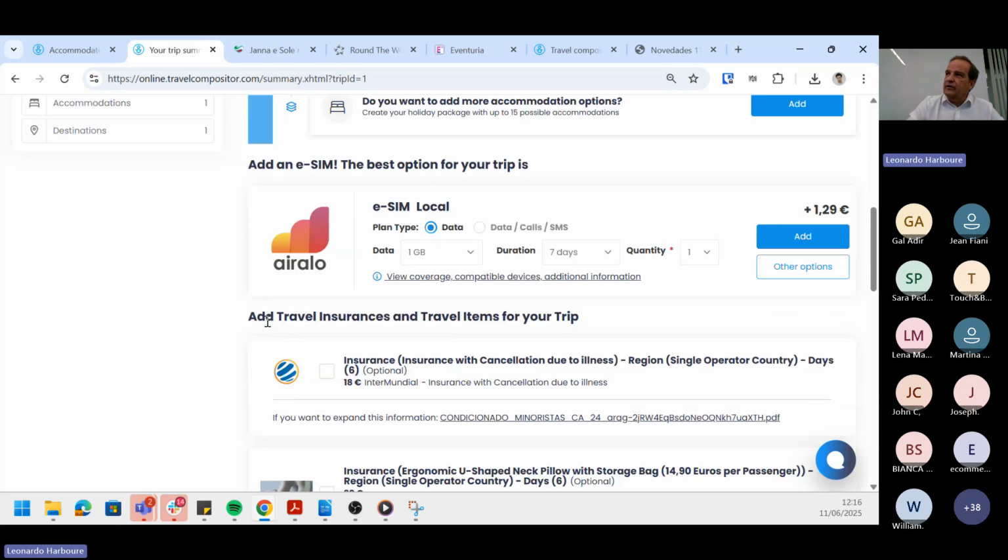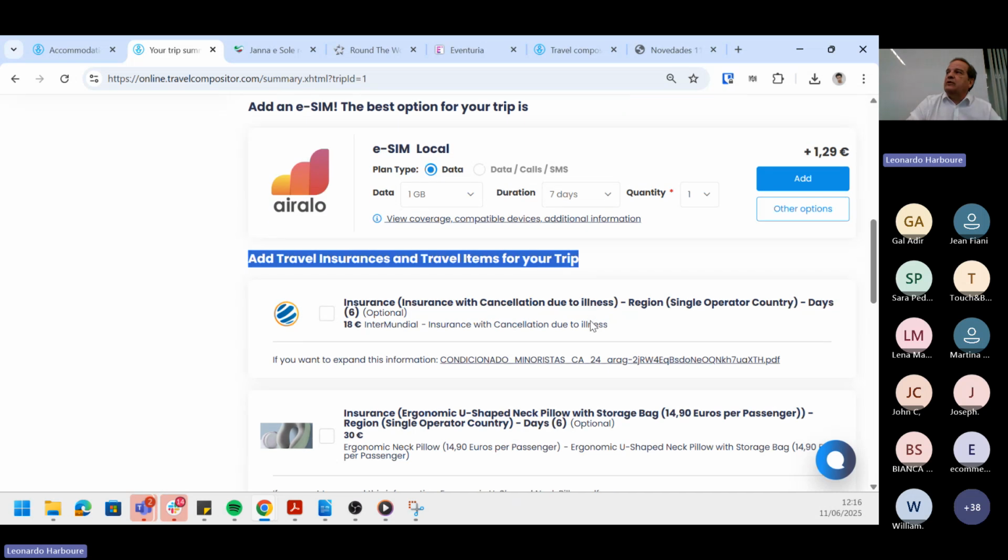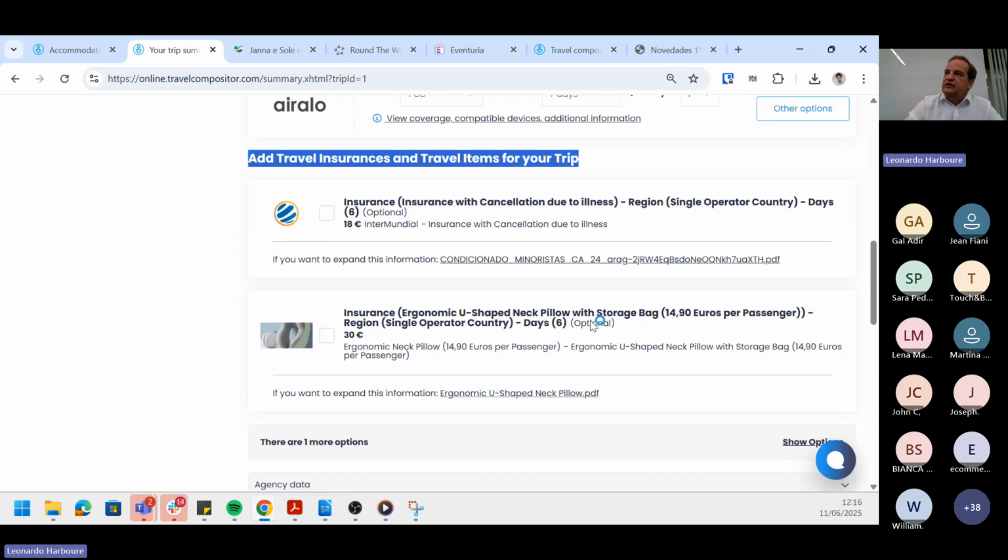And here we change the literal. Instead of having here "add travel insurance", we change the literal, which you can do very easily. If you don't know how to do it, you can ask our support by opening a ticket: add travel insurance and travel items for your trip. That's all. And in the same contract inventory where you can upload the insurance ticket, you can upload another kind of thing, just changing the name of the